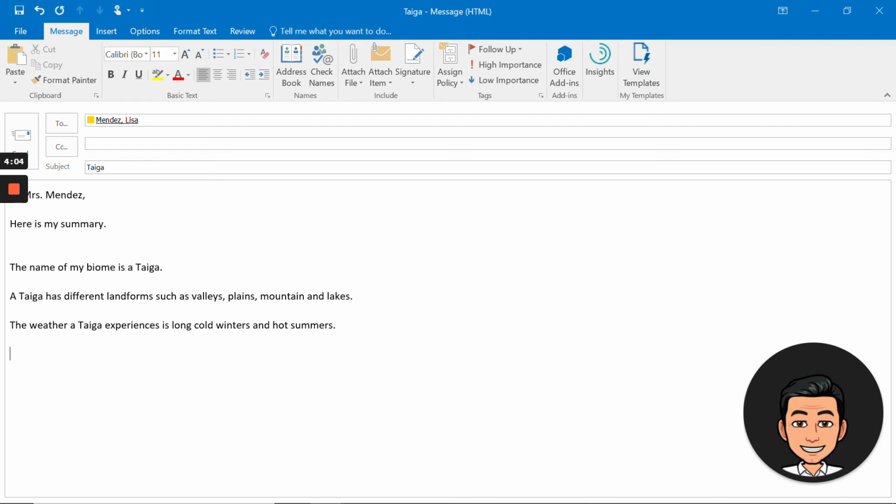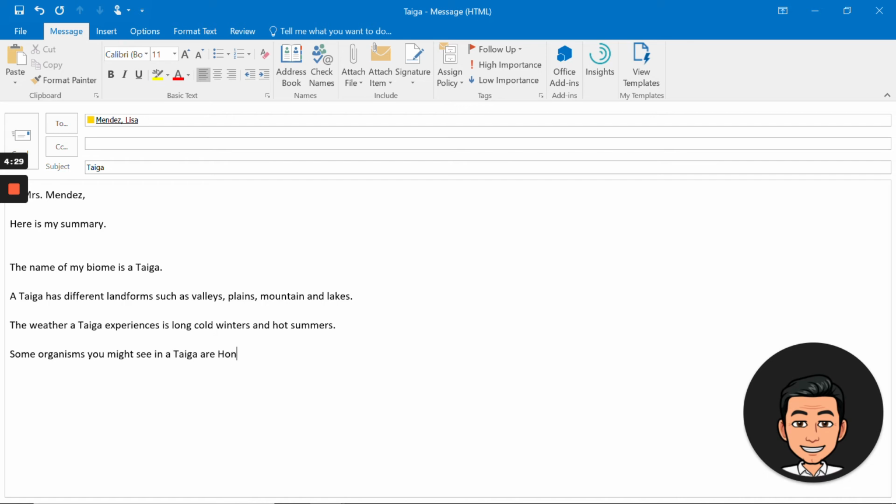Number 4 sentence was about some organisms within your biome. So going back to my biome specifically, some organisms you might see in a taiga